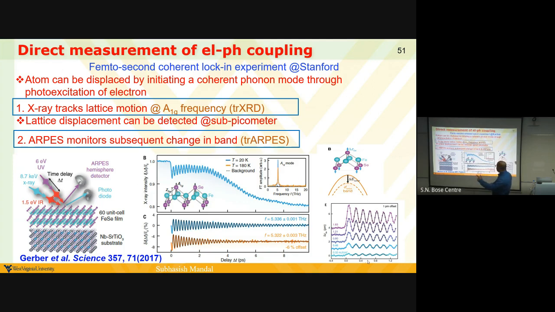X-ray is going to give you the position of the atom. ARPES is going to give you simultaneously the bands where it is moving. The only trick is you have to lock in to a particular mode so that really the crystal is vibrating along, say, the A1g mode, and they were interested in the FeSe A1g mode. And you can see the black peaks which oscillate at the same frequency as A1g, that means you're kind of sure that it is the A1g mode.